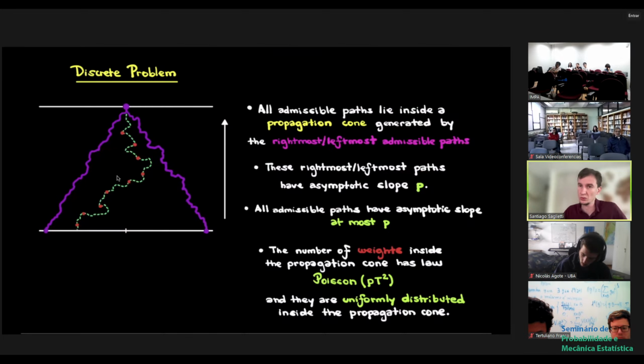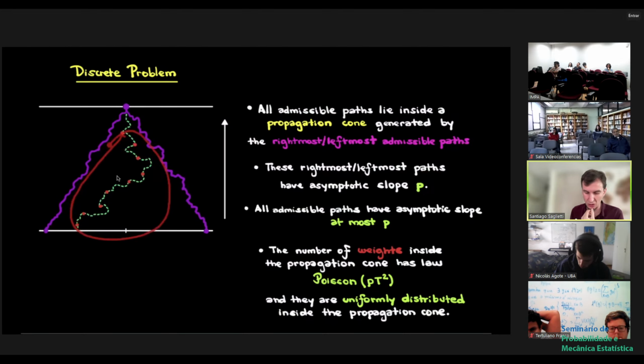They can choose not to, but if they jump, they can only do so when they reach a Poisson point. So they will have a slope which is at most p. Okay, so that's going to be the slope of our paths, and moreover, the number